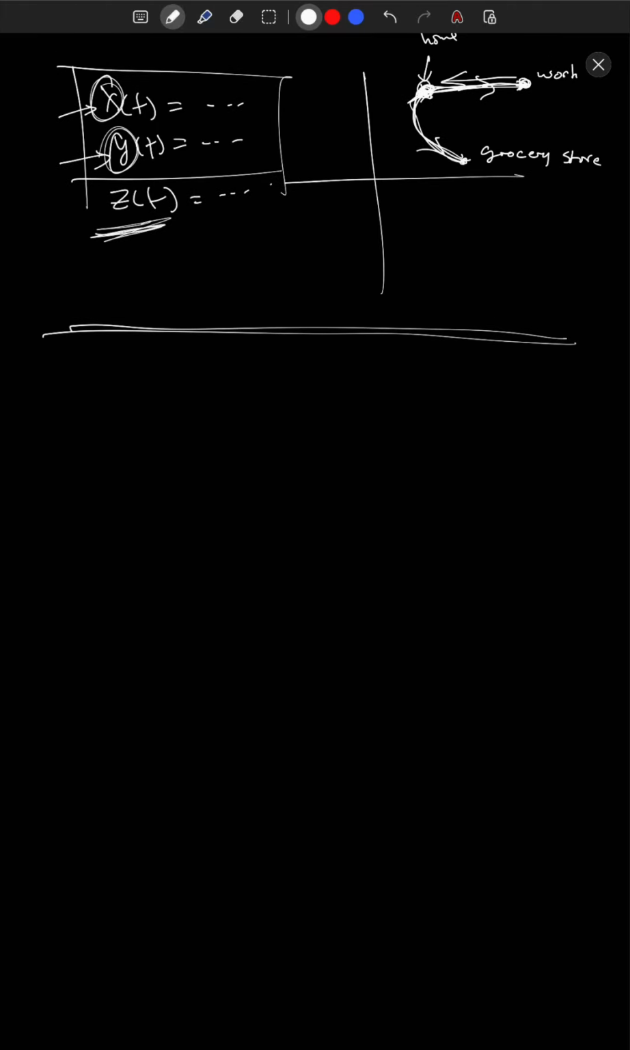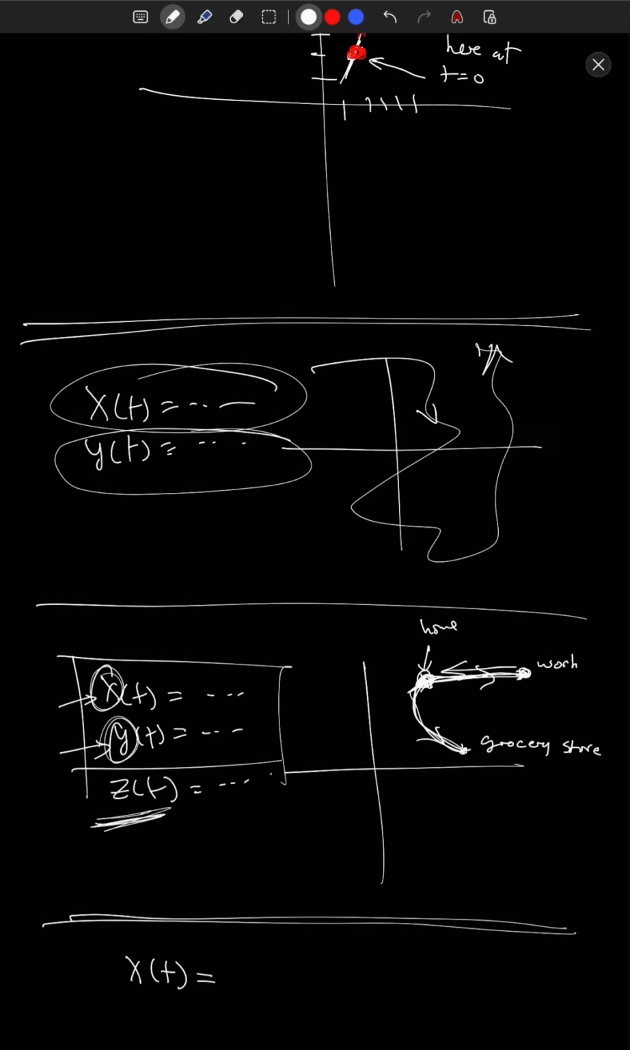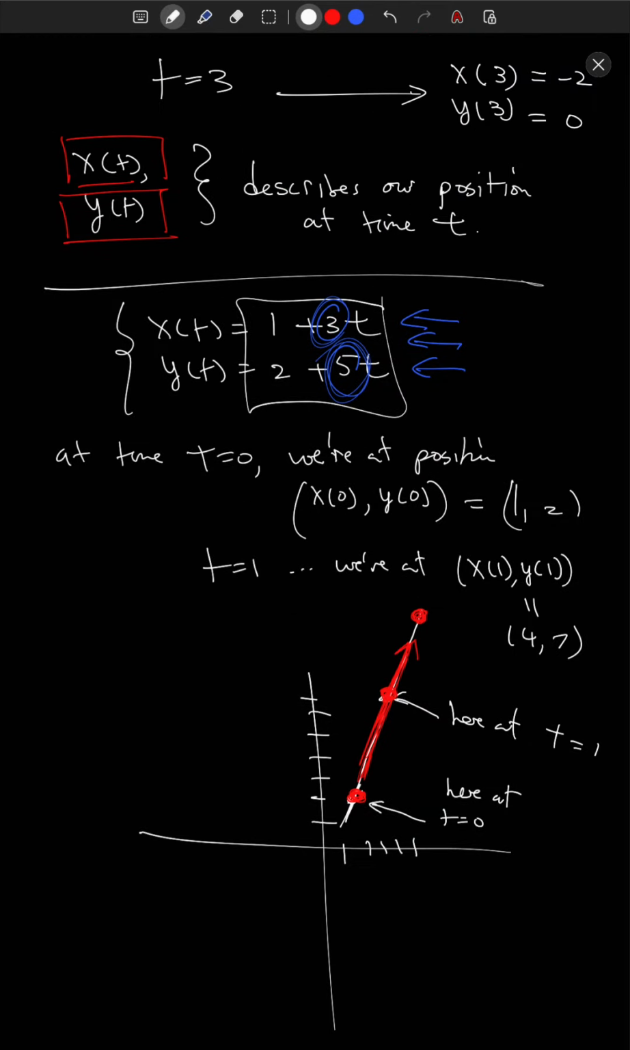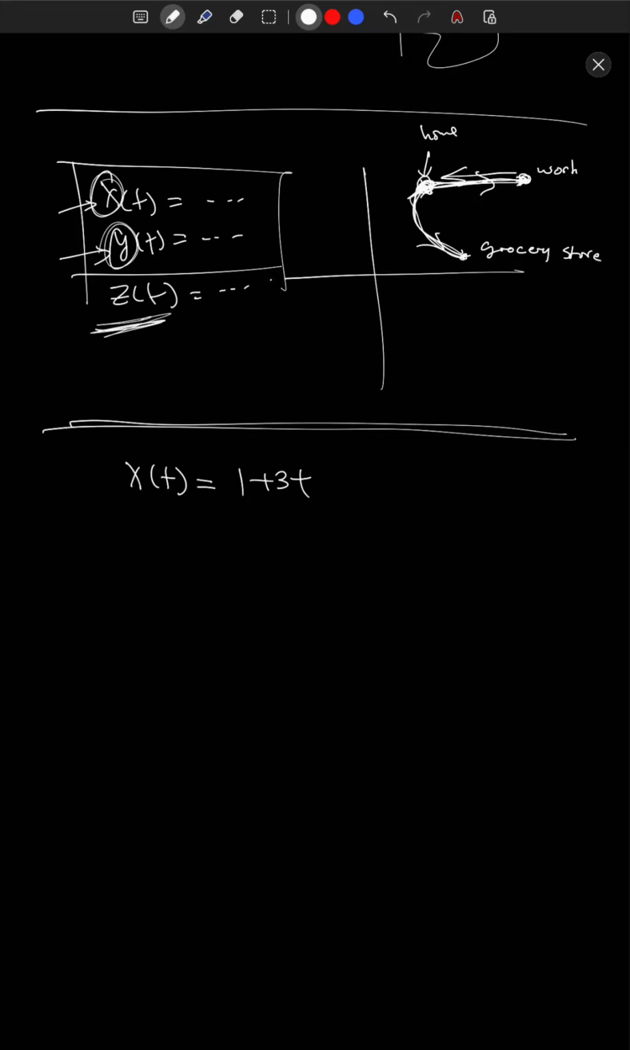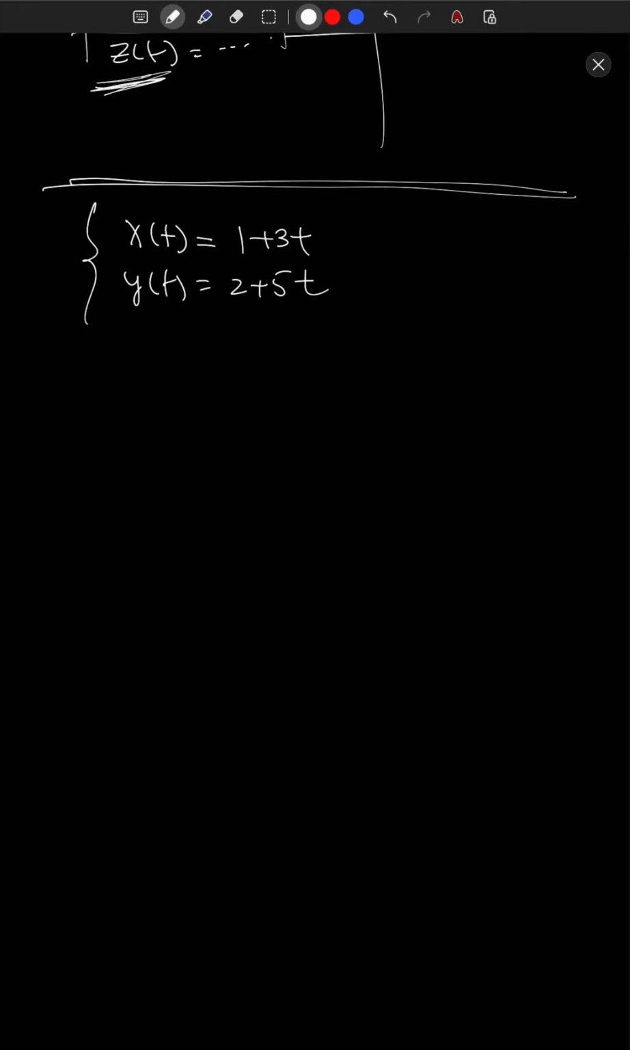All right, so one question we can ask is, let me use the same example I had up there. So x of t equals 1 plus 3t, y of t equals 2 plus 5t. All right, so one issue is that